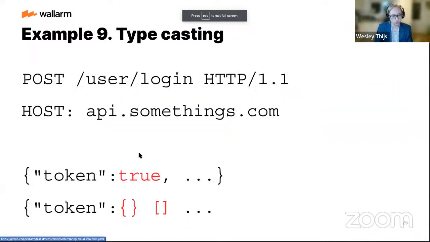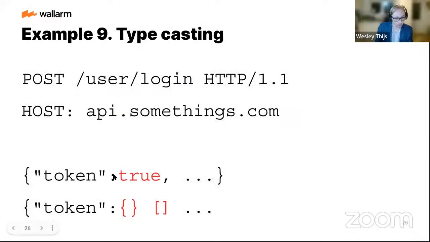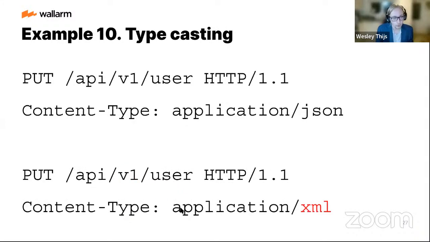Then we move on to typecasting, because in this instance, we see that the token equals true. That's a variable, that's a Boolean. But what might happen is that an empty array might also be seen as a Boolean in some programming languages. So we might try to fuzz that. There might be other programming languages that see one as true as well, so we might try to fuzz that too. That's what typecasting is. We try an integer, might be seen as a Boolean. We try an empty array, might be seen as a true Boolean as well.